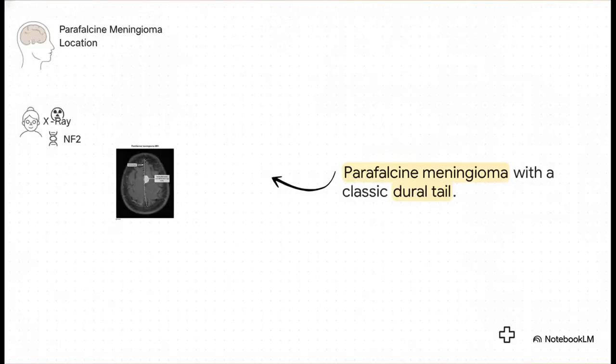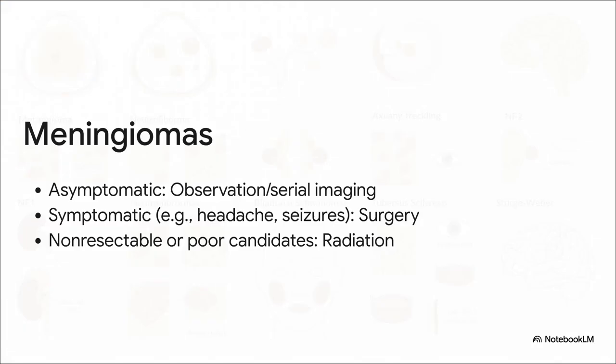Take a look at a parafalcine meningioma. On an MRI, it presents as an extraaxial, homogeneously contrast-enhancing mass, and you'll often spot that classic dural tail. Keep in mind the risk factors here: older age, female sex, previous radiation exposure, and neurofibromatosis type 2. These tumors can range from completely asymptomatic incidental findings to causing headaches, seizures, focal weakness, visual changes, anosmia, hearing symptoms,